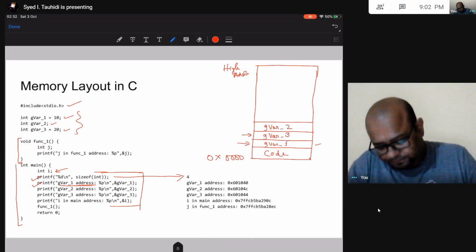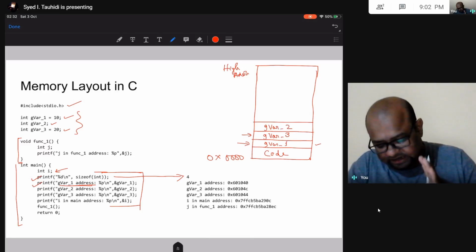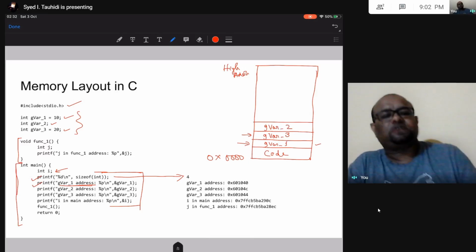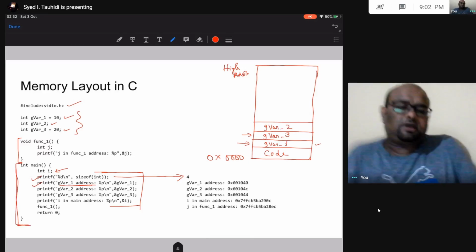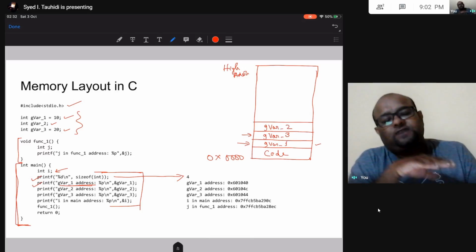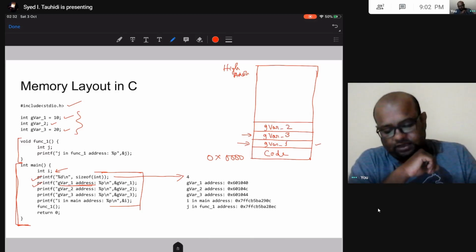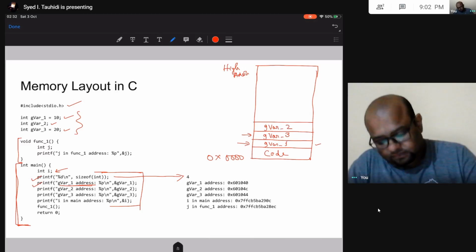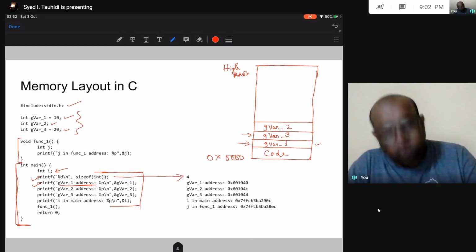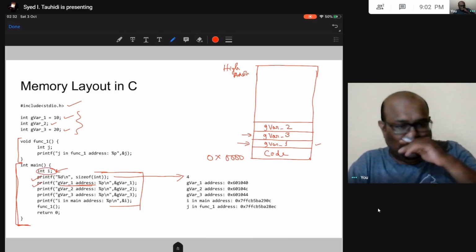Now next, what are the other things that I have? First, this main program is going to be executed, right? When I execute this program, what is the first function that is going to be called? The first function that is going to be called is the main function, always in C, right? So in this main function, what are the local variables that are there? There is only one local variable, okay, I.